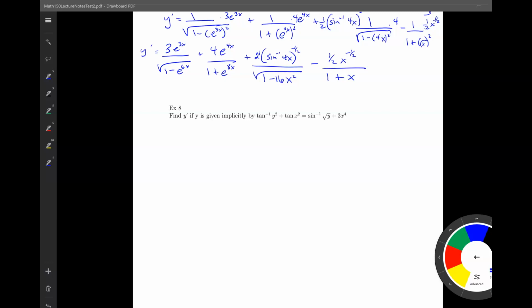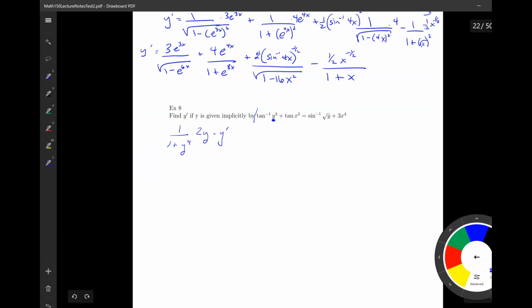All right, nice big one with lots of trig functions. Okay, so this is where it starts. So derivative of arctangent is 1 over 1 plus the angle squared. So that gives me y to the fourth. Now I'm going to multiply by the derivative of the angle, which will be 2y to the 1 power times